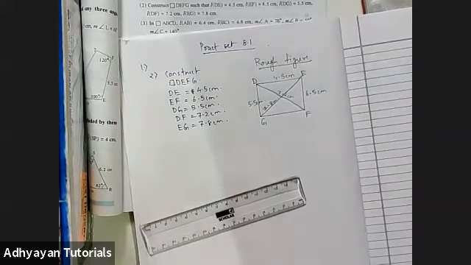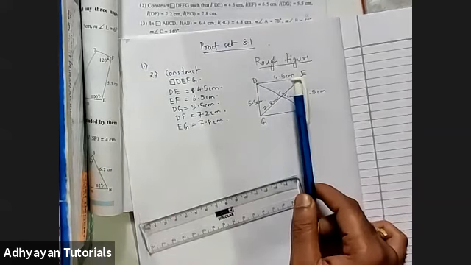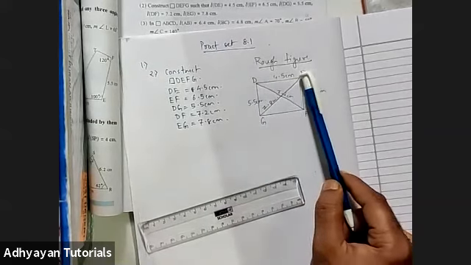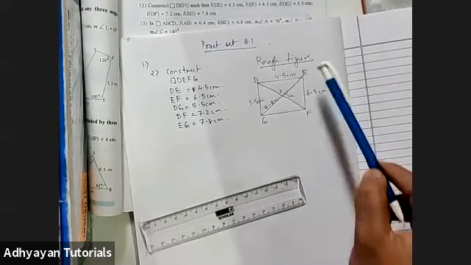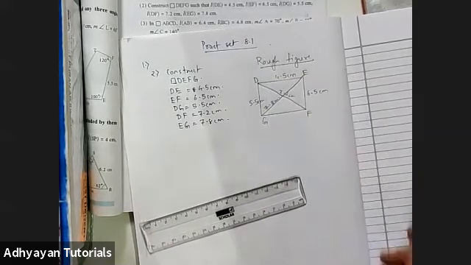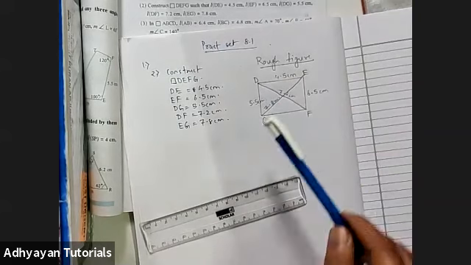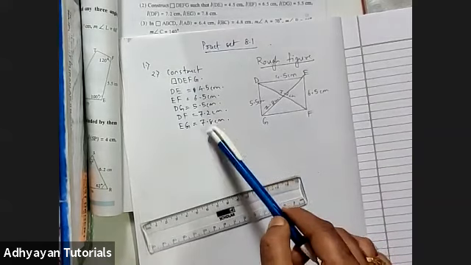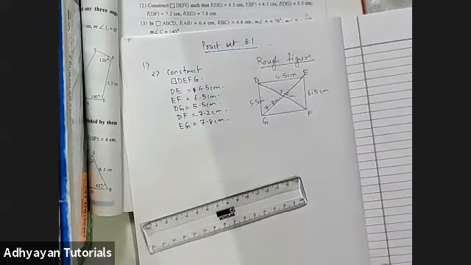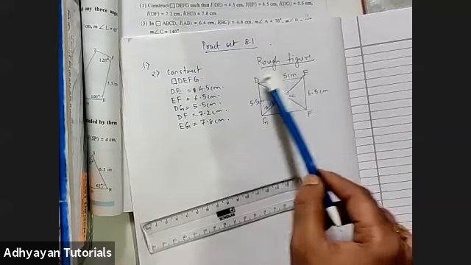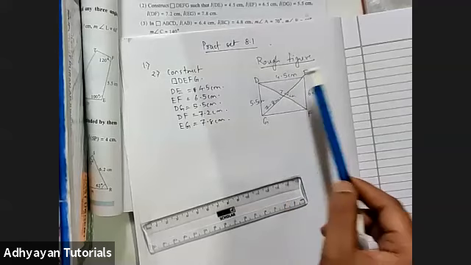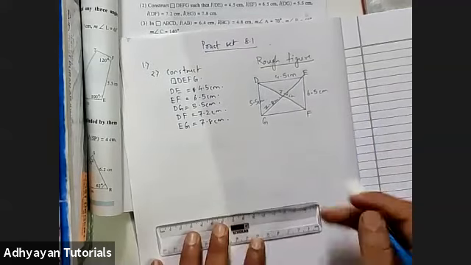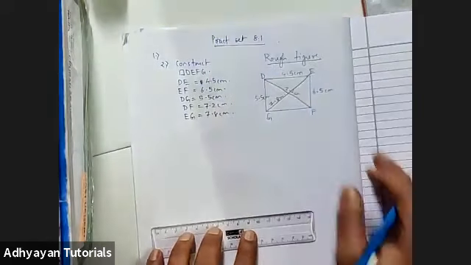Okay. So again, there are so many options you can start with. Either you can start the major construction with DE, or you can start it with DG, you can start it with EF, or you can start it with DF, or maybe EG. So whichever side's value is given, in fact every side we can start the sum with. Yeah, it would be very easy if we start the sum with DE. So I would like this sum to be started with DE. In fact, you can start with anything.